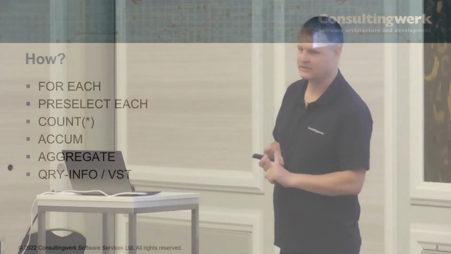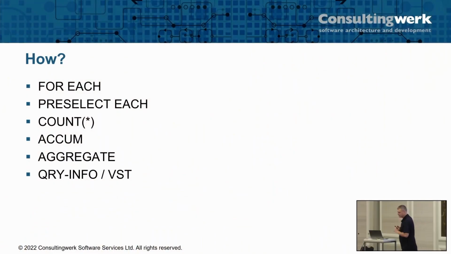So how do we count in ABL or in 4GL? We're going to look at a couple of these. Not so much the bottom one for counting, although there's information available via the query info handle. But for eaches, pre-selects, counts, SQL counts,